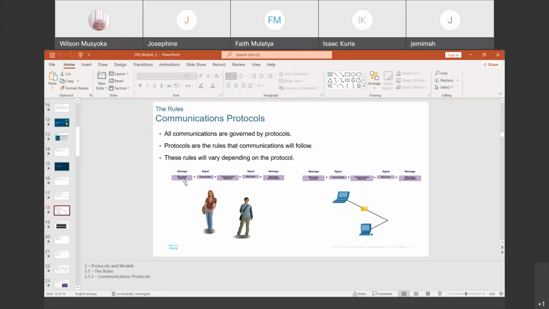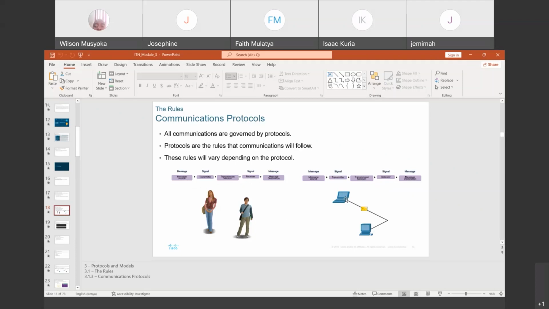For example, the message comes from the source, then it is translated into a signal by a transmitter, and then it goes through the transmission medium, then a receiver gets the signal and translates it back to the message. It could be two people. If it is two people, maybe they are speaking the same language. You hear what the person is saying, then you interpret it in your mind and you are able to communicate back.